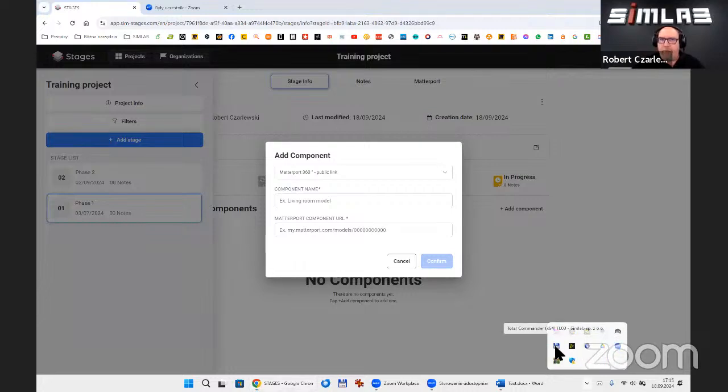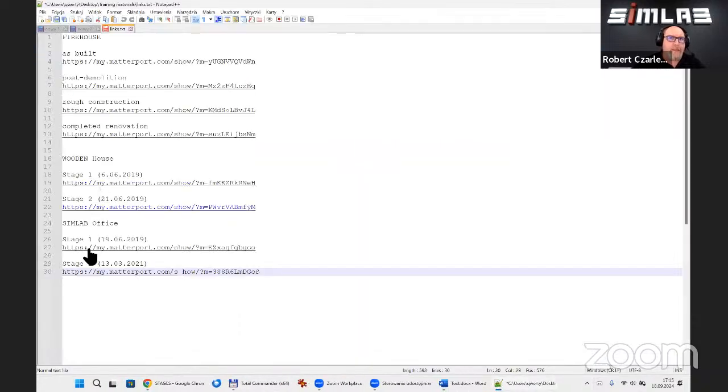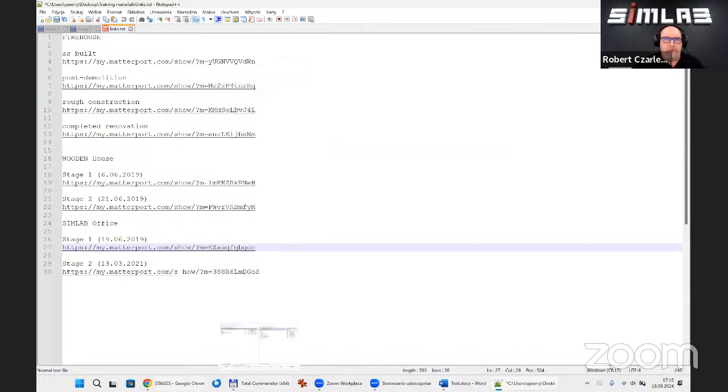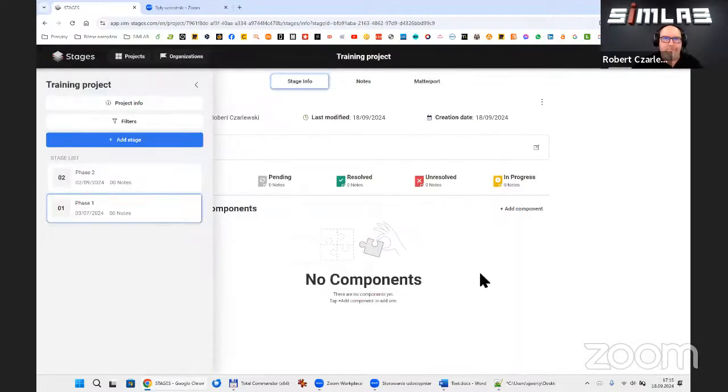I have to open my note and copy the link for the scans here. So we can choose if we would like to use public or private scan. Then we have to put the name for this component, stage 1, for example. And in the last field, we have to put the link to the scan.